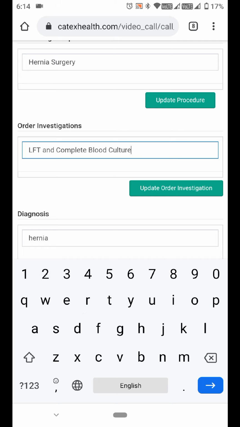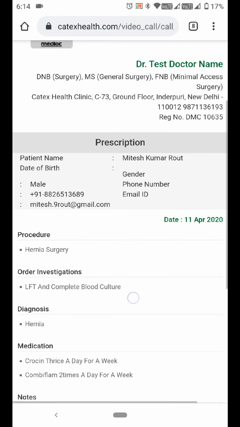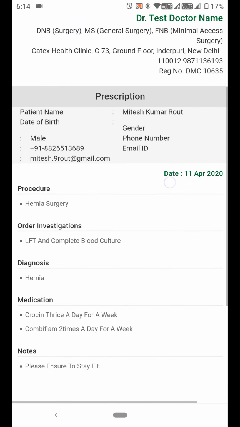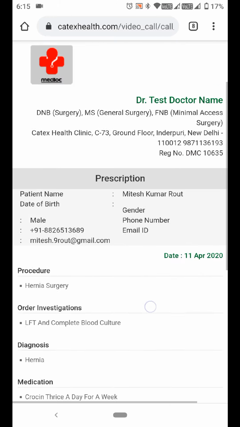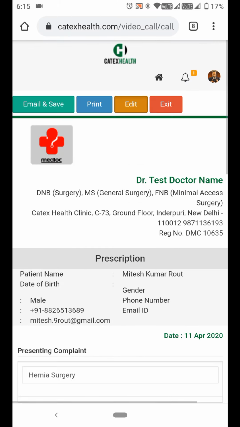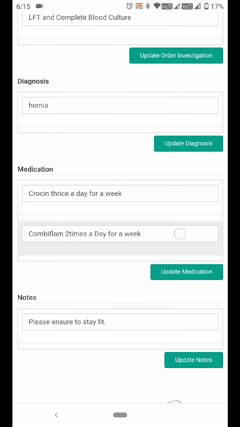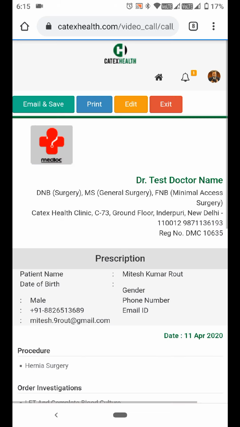And at any point in time, if you want, you can add anything. This edit button basically enables you to add anything that you might have left, and also ensures that you can delete something. So if suppose I want to delete one of the medicines, I can delete that row and I can click update medication. Once I do that, it's done, and I'll do email and save.